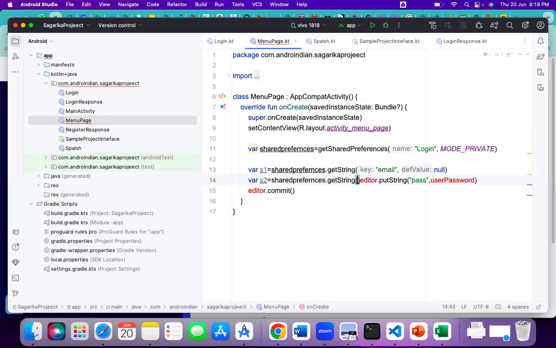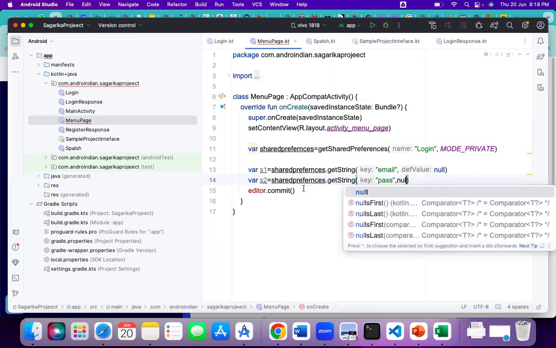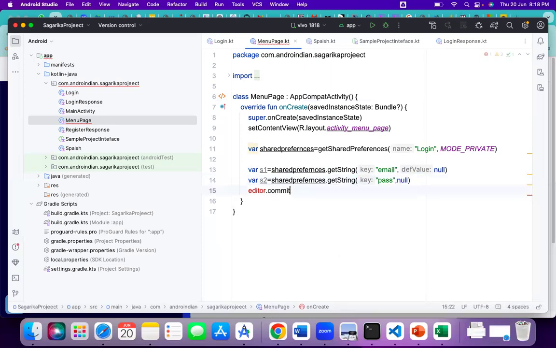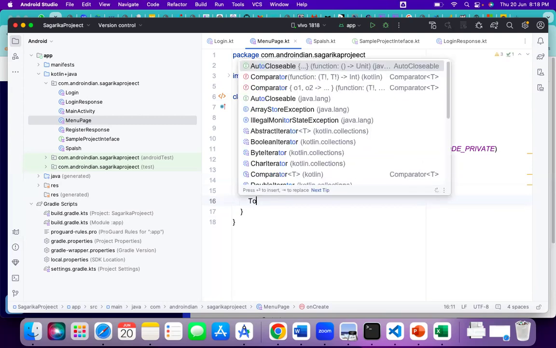Like so, here we are getting var s2 equal to SharedPreferences.getString. Here also we get this data, right? This is the data we are getting, and this part will be null. Done. So now we got the data from the shared preferences, right? Now, to check whether the data is there or not,